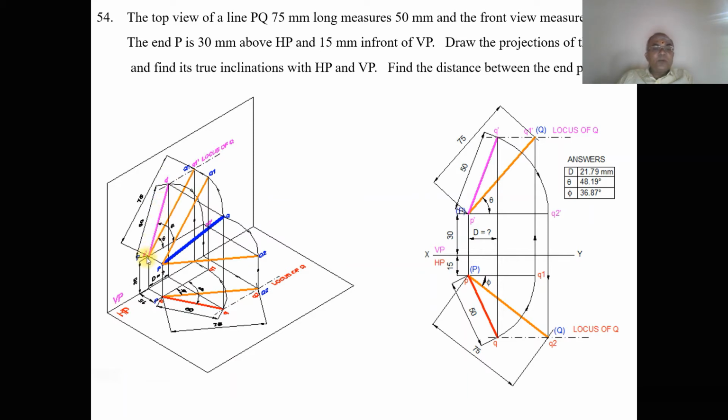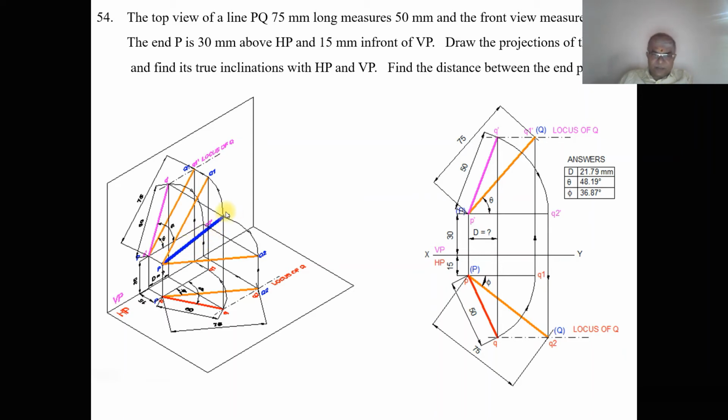In other words, what we are doing is, in space, you are taking PQ2, which is the front view, because it is parallel to HP now. Now I want to rotate with P as center, taking the radius of PQ2, capital PQ2. You rotate it such that Q2 cuts the locus of Q in the front view. You mark this point as capital PQ and join PQ with a dark line. So this is the line we are talking about.